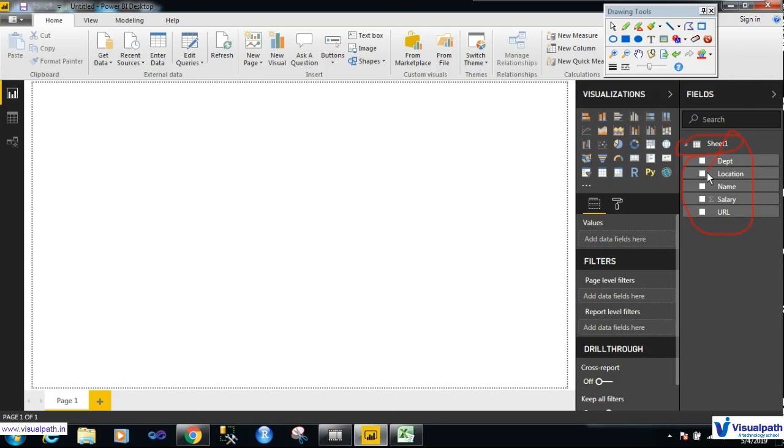Whatever fields contain calculated data, which can be measured, which can be calculated, are known as facts or measures. The rest of the fields, which contain only non-numeric data, all the descriptive information, are known as dimension fields. A visualization is a combination of a measure and a dimension. Okay, so let me try to click on a visualization.